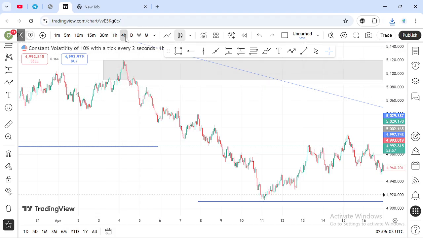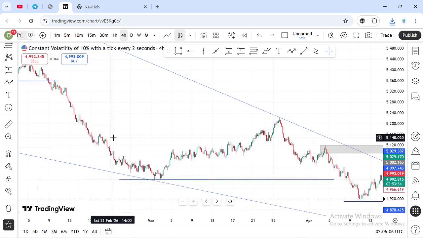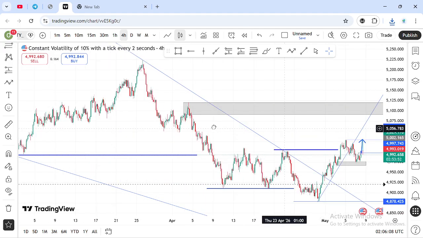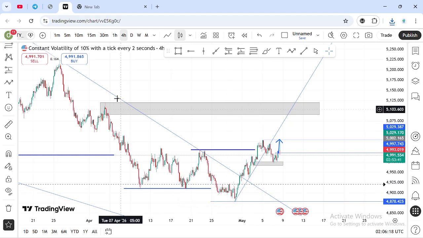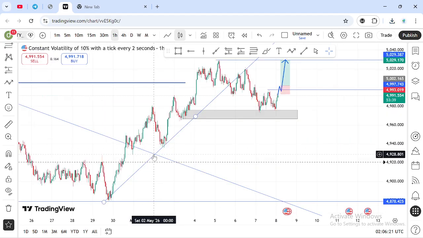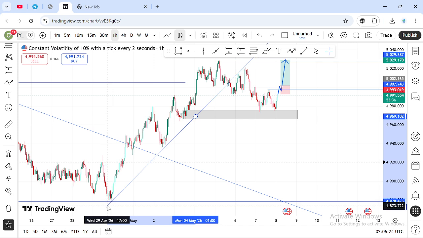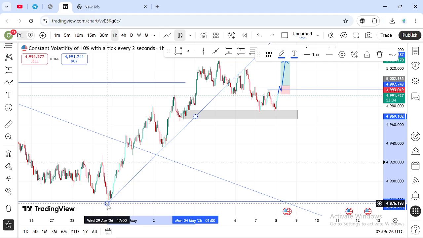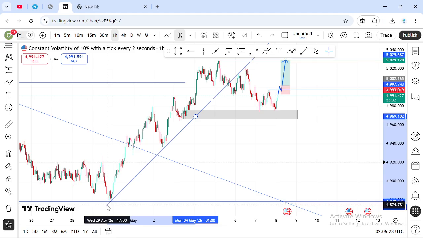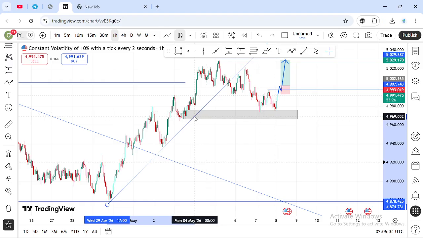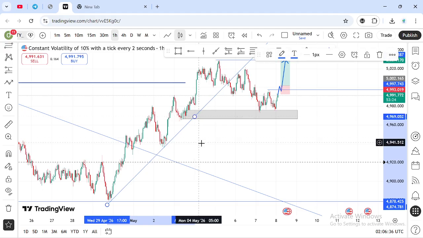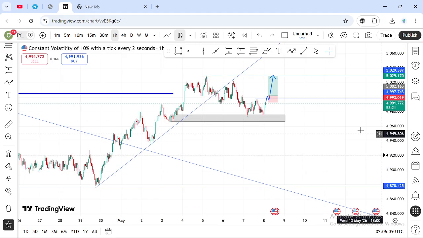We'll leave the other block on 4 hours. No need to stress ourselves. Let's watch what the market does when it gets into this. Actually, this is a long trade, but let's just allow and see how the price behaves. So these are analysis for volatility 10. I have this trend line. I know, of course, I'll adjust it down to this point to catch a proper sell. But for now, this is how it is, and let's see how